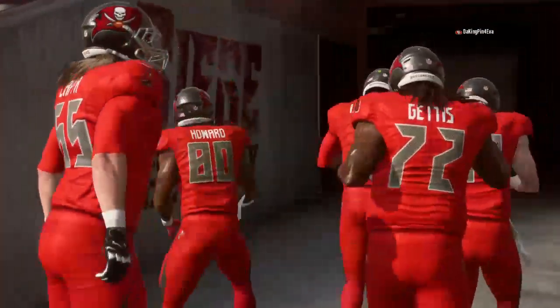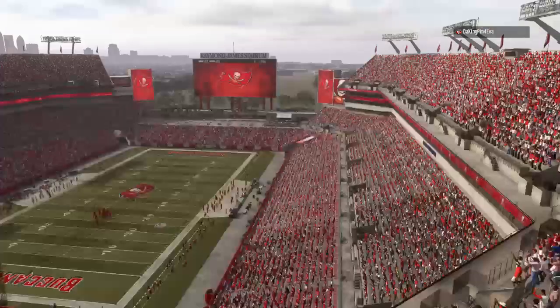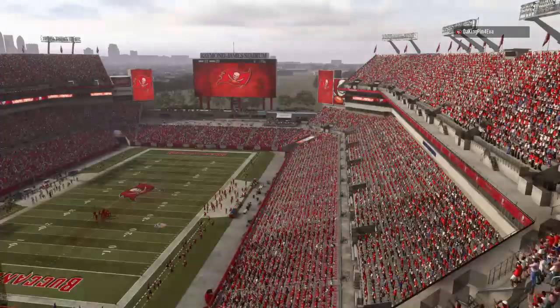So for Tampa Bay, they move back over 500 now at 6-5. And they'll have another home date next week as the Carolina